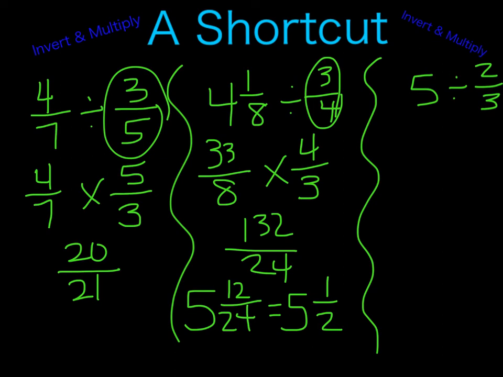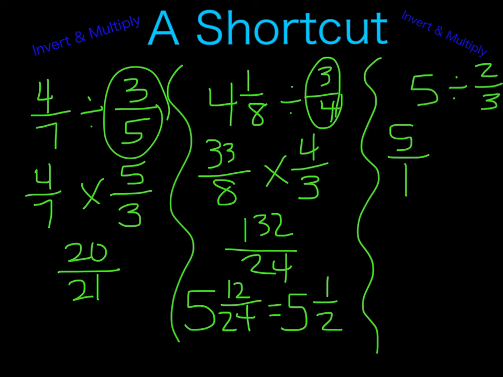Now let's talk about this final problem, and the reason I wanted to look at this one is because it has simply a whole number and there is no fraction, it's not a mixed number, it's just a whole number. So I wanted to talk to you a little bit about what to do when that happens and you're using this shortcut method, the invert and multiply method. Because 5 is not a fraction, we want to rewrite it to be a fraction, and you should know by now, hopefully, that when you rewrite a whole number as a fraction, other than the way that we did it on the last slide, we are simply going to take that whole number and put it over 1, and bam,